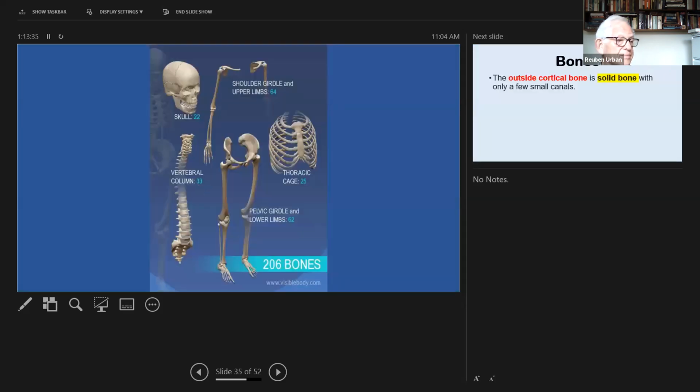And then you've got the numbers here. The skull actually has 22 bones. In utero, the bones of the skull are not joined together. They're held together by cartilage, and the bones can be pushed together quite easily. So when the baby is born, the skull isn't rigid. It can move a little bit. The bones can move towards each other quite a bit, and that allows